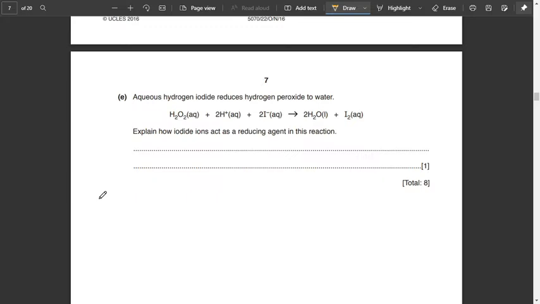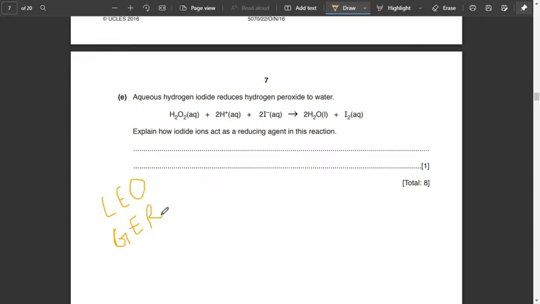I'll give you this kind of short form. Loss of electrons is oxidation, and gain of electrons is reduction. So when one reduces, the other oxidizes. Alright, we all know that in a redox reaction. So the one which has gained electrons has reduced, and the one which has lost electrons has oxidized.